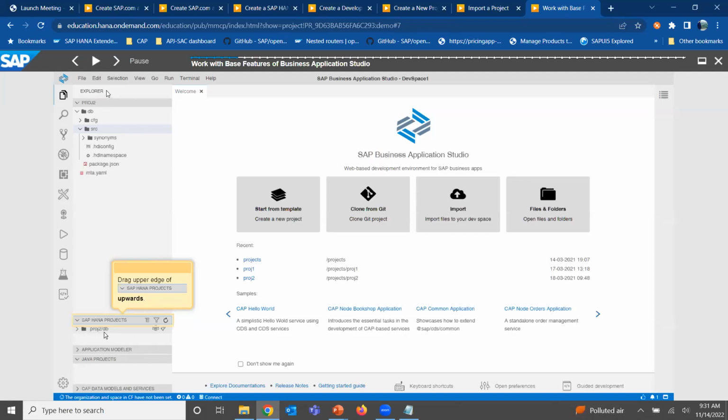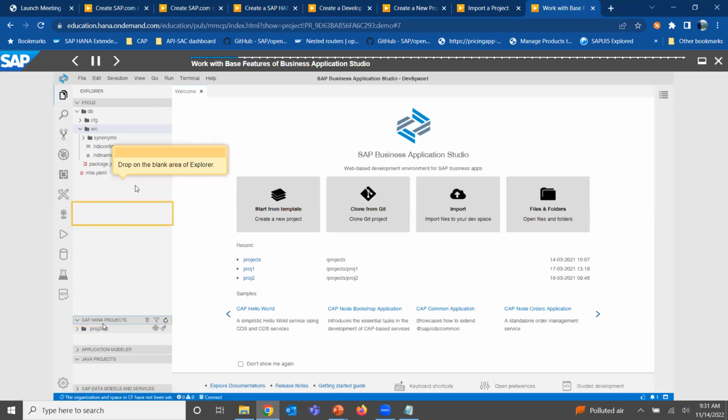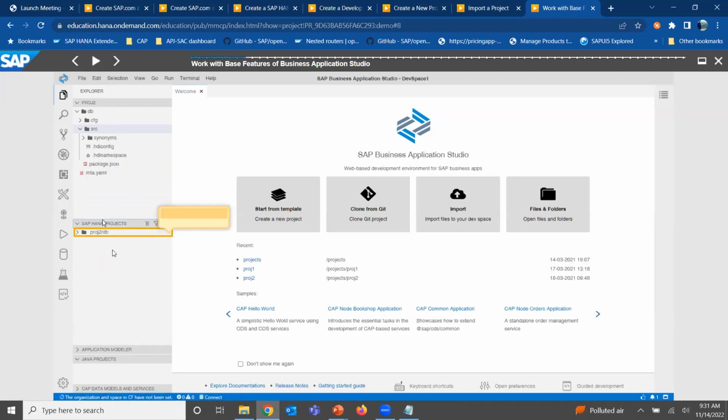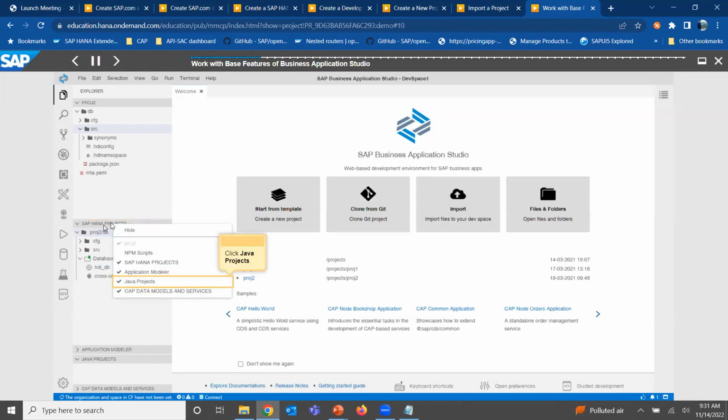We'll see that in later demos. You can also do drag and drop. You click on this DB folder, right click, and you can just unselect Java project. So this Java projects pane will be gone.